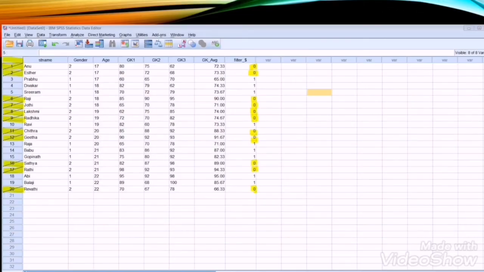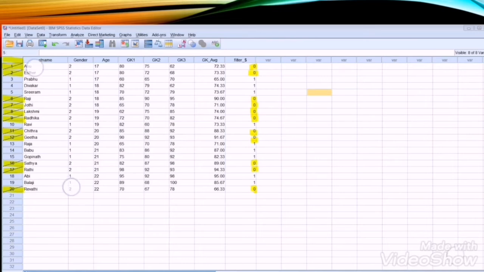Now let us have a look into the data view. The result of the select cases is shown here, and we find diagonal lines across the row number label for the female records. So only the male records are filtered as a result of this command.